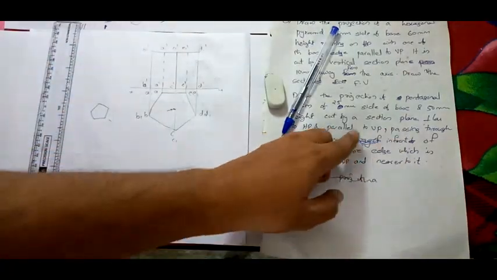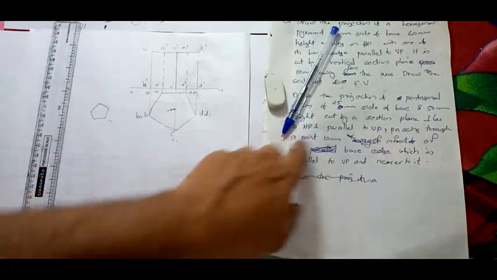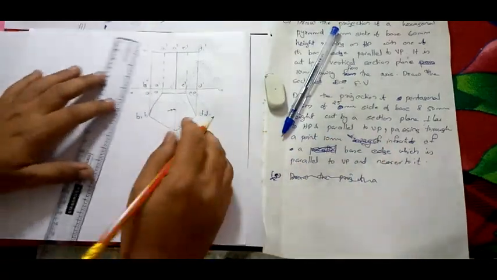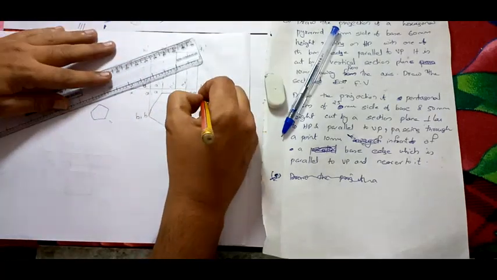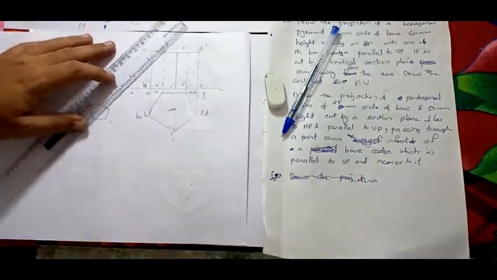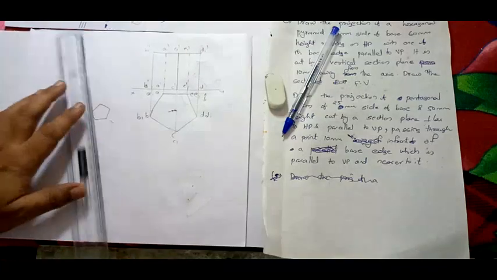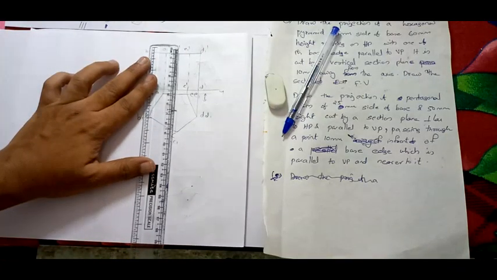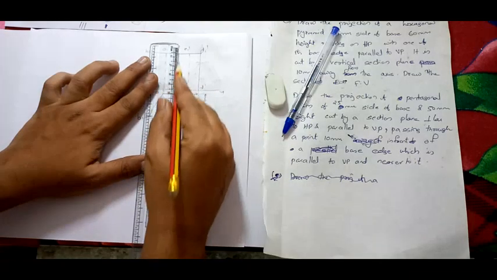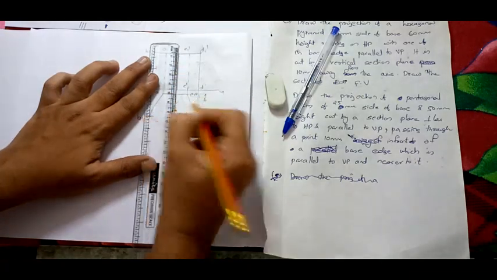Now they have told that the sectional plane is 10 mm in front of base edge. 10 mm in front of base edge means from here you have to take 10 mm. How are you taking this 10 mm? See, that 10 mm you have to measure perpendicular. Always I told you perpendicular. From this line you can use, from here measure 10 mm.